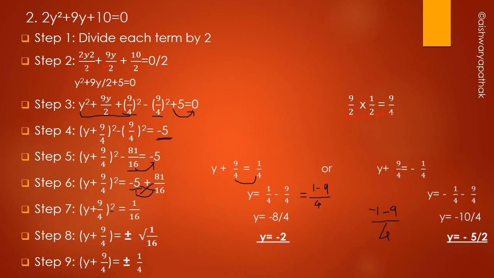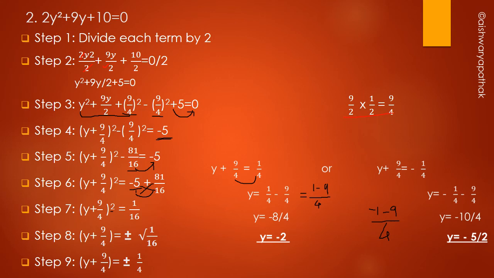It will become plus. Then again cross multiply. Then you will get the answer as 1 upon 16. Then to remove the square, take the under root sign to the other side with the plus minus sign. Okay. So under root 1 upon 16. Then 1 is the square of 1 and 16 is the square of 4. That's why the under root sign has cancelled. So plus minus 1 upon 4.